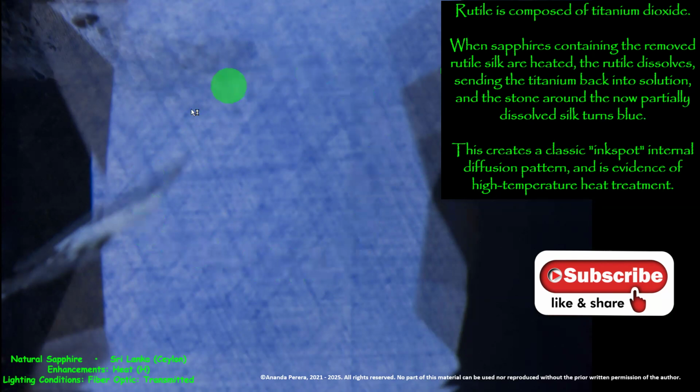So you can see the dissolved silk turns blue here. But there, we can see those are like ink spots. This creates a classic ink spot internal diffusion pattern and is evidence of high temperature heat treatment. So this is heated